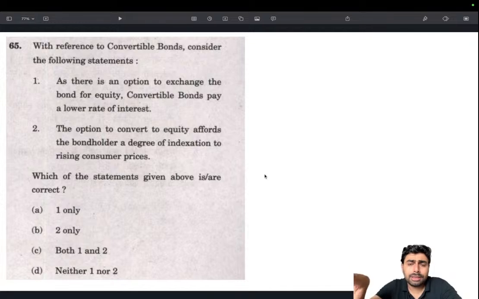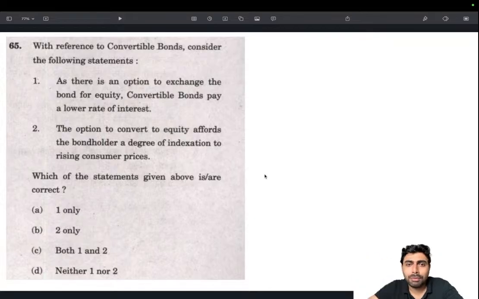Okay, it's a hypothetical scenario, 7 rupees annually, but the rising inflation is more than that 7%. For example, if the inflation rate is 10%, that doesn't make much sense for me to hold that bond. But if it's a convertible bond, I could do one thing. I could convert that 100 rupee bond into a Reliance share, and this Reliance share will be